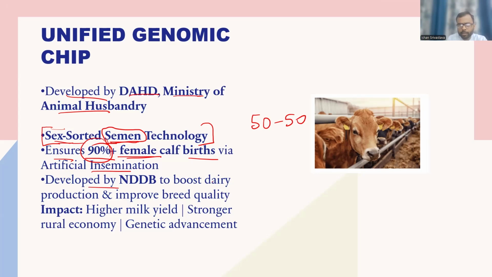Now, this has been developed by NDDB to boost dairy production. Obviously, it is the National Dairy Development Board, to boost dairy production and improve breed quality, right? So this will boost dairy production, improve breed quality, and have an impact on higher milk yield, a stronger rural economy, and genetic advancement, right? So all these are benefits of sex-sorted semen technology. Okay, let's look at the next one,